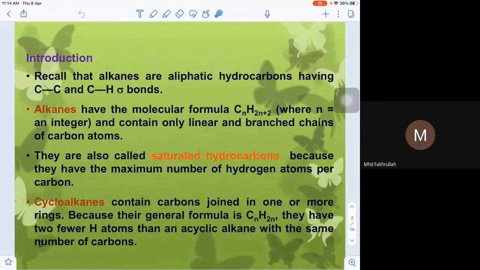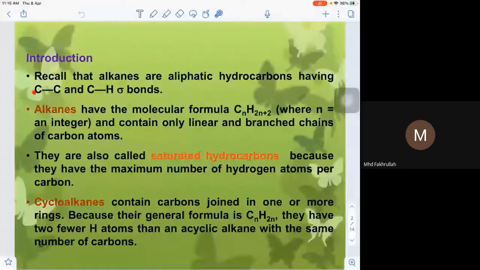Okay, so this is just the introduction on the alkane. Alkanes are aliphatic hydrocarbons that have only C single C and C single H in the structure of the alkane. Alkane will have a general molecular formula of CnH2n+2, in which n is an integer, like 1, 2, 3, 4, 5, and so on. It contains linear and also branched chains of carbon, and they are all saturated